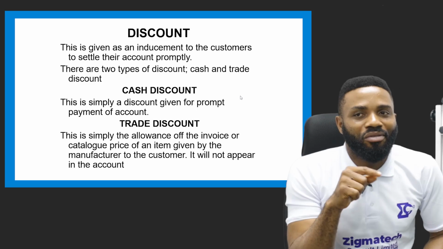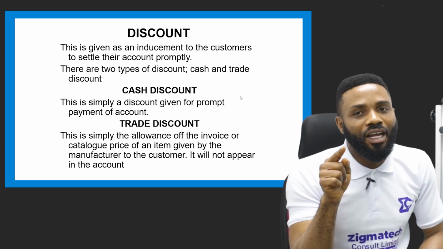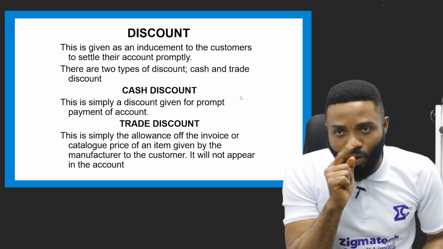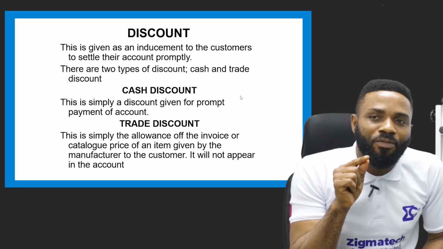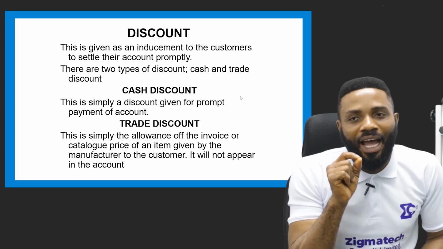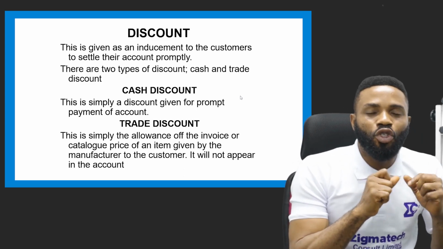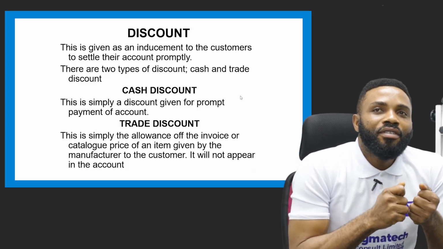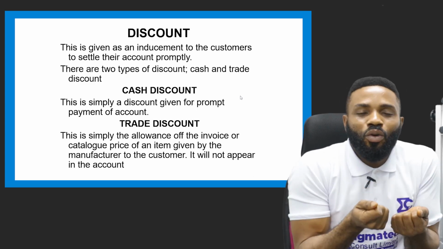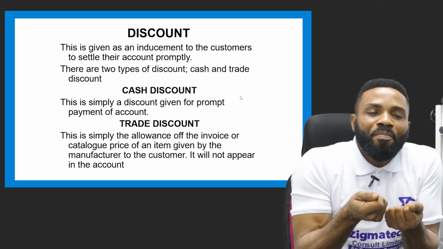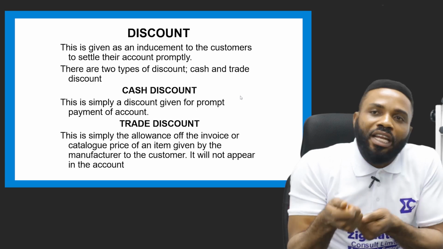account for trade discount. That is why I said it will not appear in the account, in the 3-column account, the 3-column cash book. Now, what do I mean by allowance off the invoice or catalog price of an item? In the first instance, when I was explaining inducement, I said you gave this provision or allowance to your customer to pay by certain dates, after which, if they are not able to pay, they pay the normal